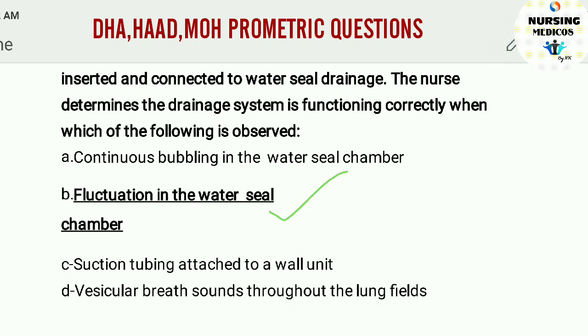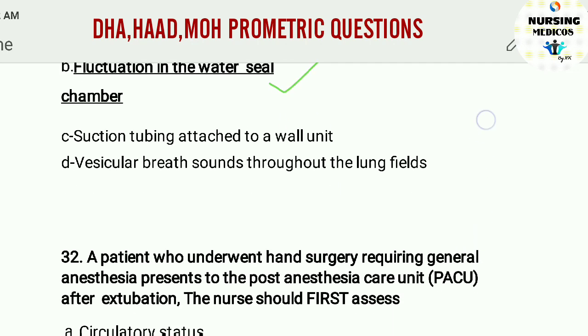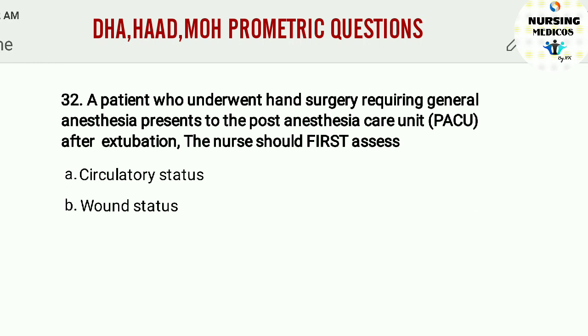There is fluctuation in the water seal drainage system. And we will move to the next question, 32. A patient who underwent head surgery requiring general anesthesia presents to the post anesthesia care unit after extubation. The nurse should first assess